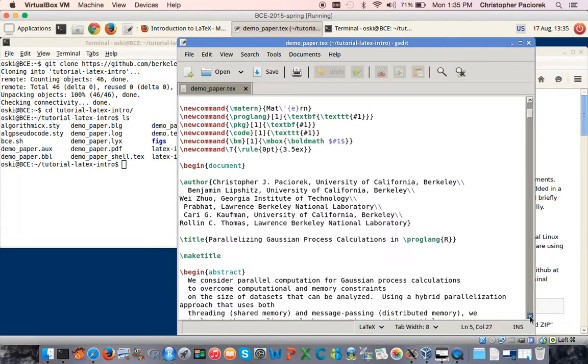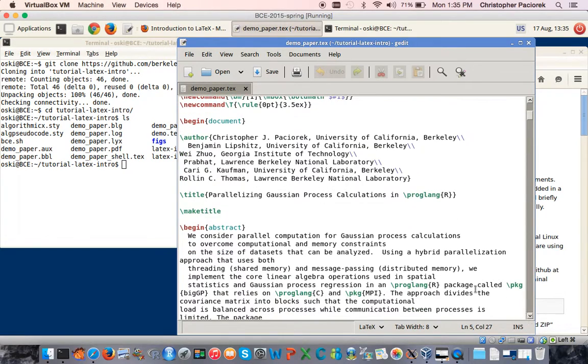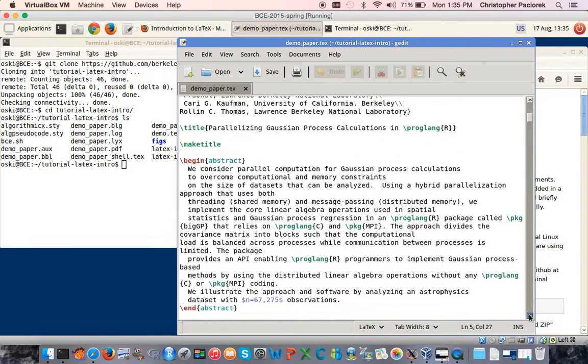So the body of your document really starts with \begin{document} a little bit further down in the document. And then in this particular case, we've listed some authors with the author command and the title of the document with the title command. And then we've used the \maketitle command to say, actually go ahead and insert the title and the author and date information. Following that, we have a section for our abstract that begins with \begin{abstract} and ends with \end{abstract}, and then you type your abstract in here.